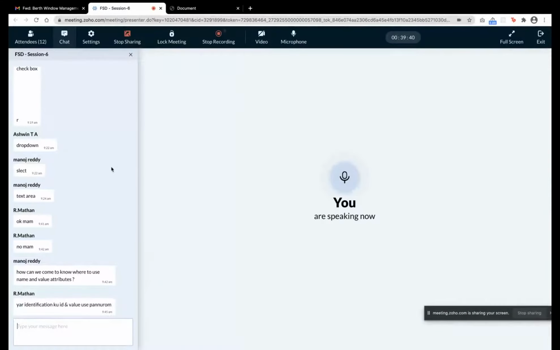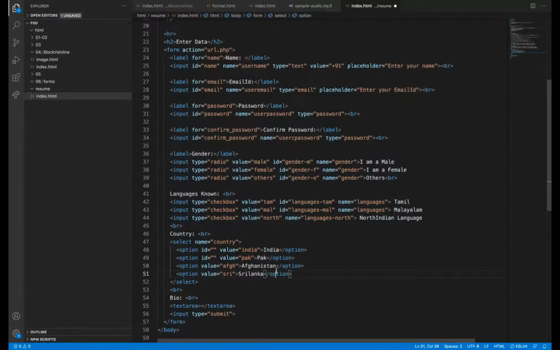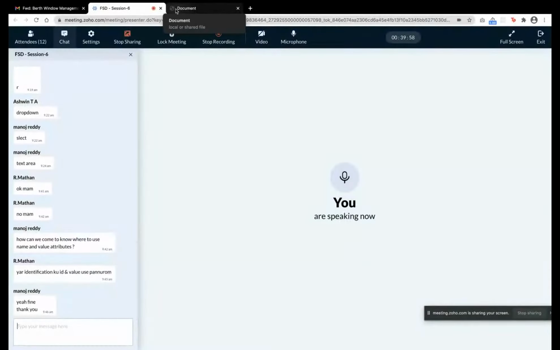Identification ID and value, we use. Yeah. ID is for identification, not only for identification, Madan. It is also for connecting this with this. Please say it in Tamil, brother. Give me a minute, let me say it in English first so everyone understands, and then I'll say it in Tamil.